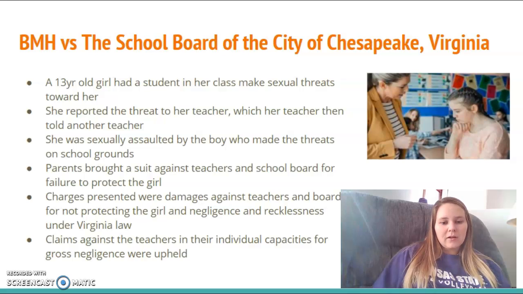Claims against the teachers in their individual capacities for gross negligence were upheld. Nothing else was upheld against the school board or anything. And basically, the negligence against the teacher was upheld because the teacher had a special relationship and it was her duty to protect him. Yes, the teacher did tell someone else, but they did not tell a form of authority, whether that being the principal or